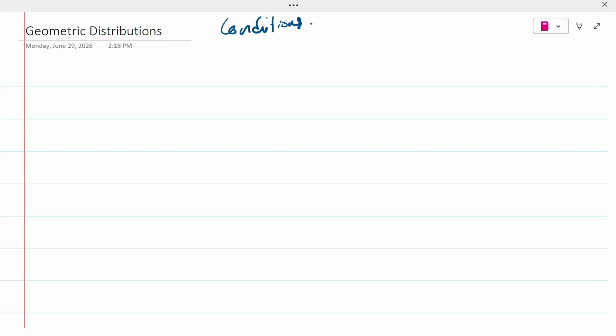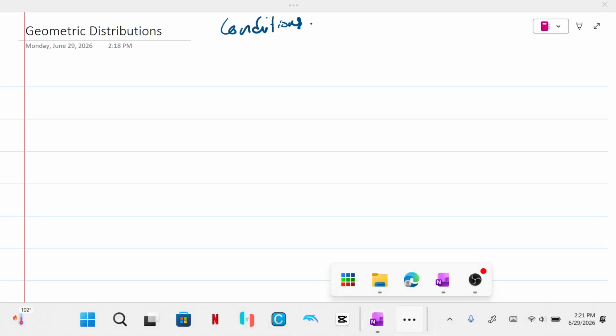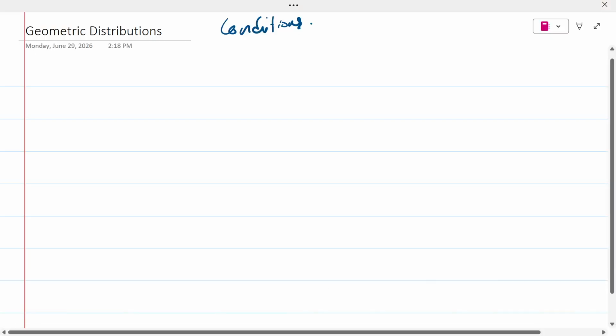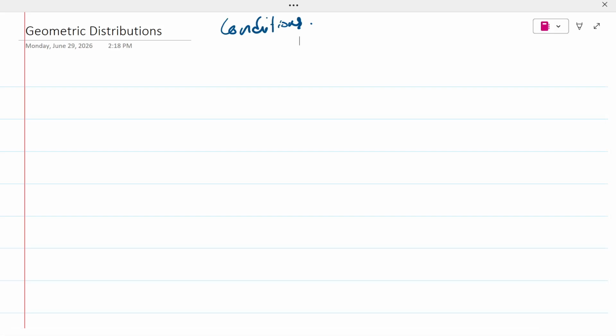You are repeating an experiment a certain number of times, right? In binomial distribution, you're repeating an experiment a certain number of times, and you're just going to try to find the probability of a certain number of successes appearing in that number of tries, right? However, in geometric distribution, you just try to find